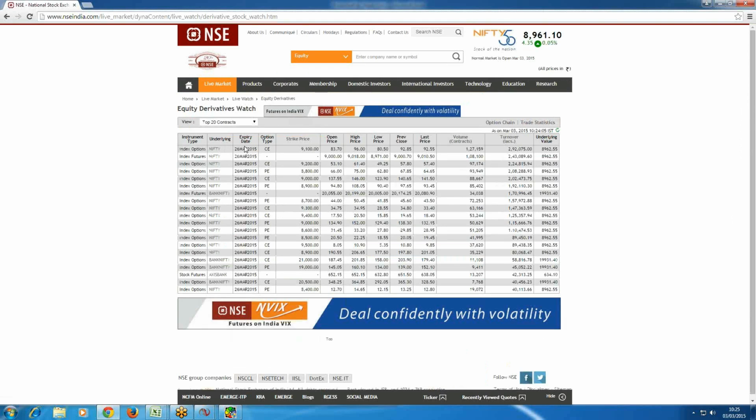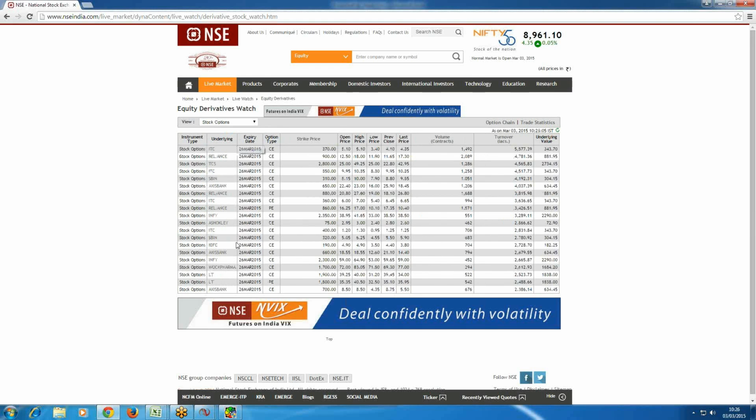You have the top 20 contracts. Usually it's Nifty and Bank Nifty, but we have even Axis Bank here. Or you can just go to stock options. You can see that these are the top trading stock options: ITC, Reliance, TCS, SBI, Axis. So you can trade on these,